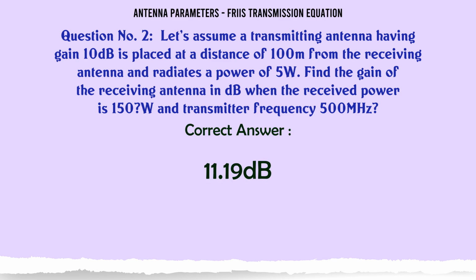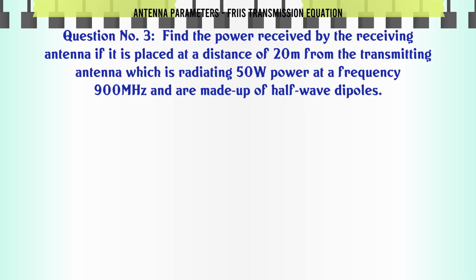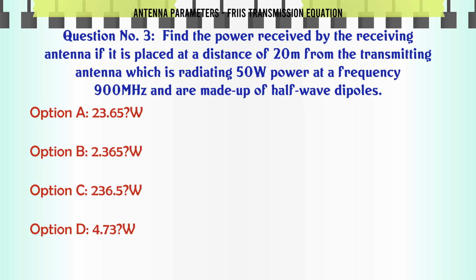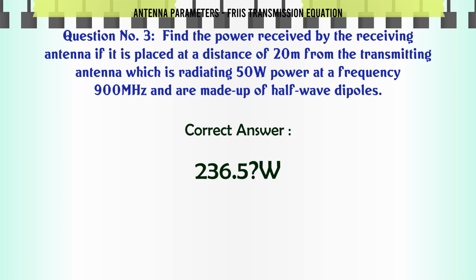The correct answer is 11.19 dB. Find the power received by the receiving antenna if it is placed at a distance of 20 m from the transmitting antenna which is radiating 50 watts power at a frequency of 900 MHz and both are made up of half-wave dipoles. A, 23.65 watts; B, 2.365 watts; C, 236.5 watts; D, 4.73 watts. The correct answer is